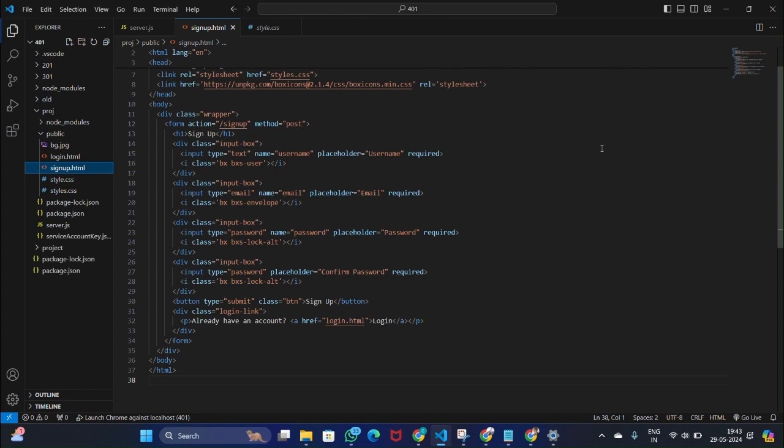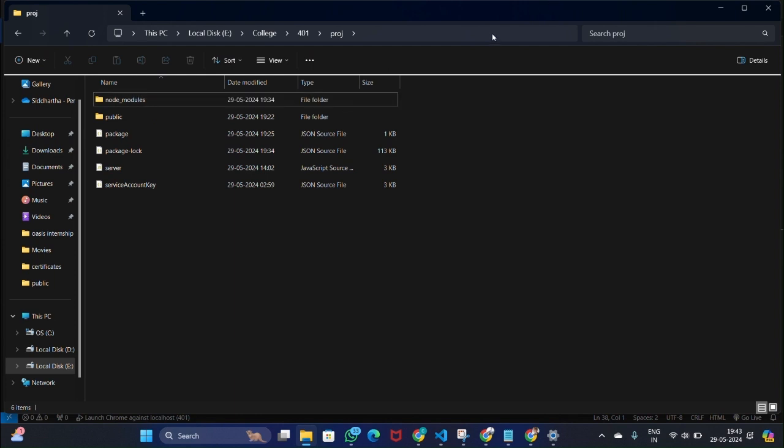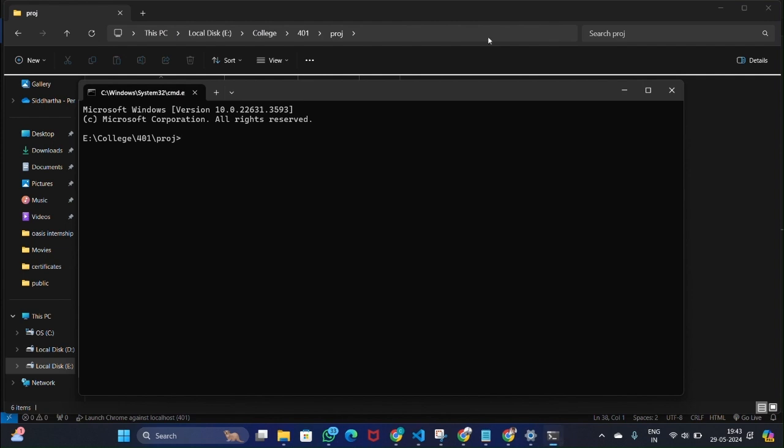Before that, we should have an idea how Express.js works in this web page. For that, we need to install some packages in our system. There is a folder, open command prompt, and in this we should install some packages like Express.js,